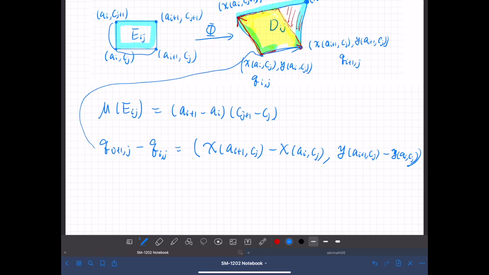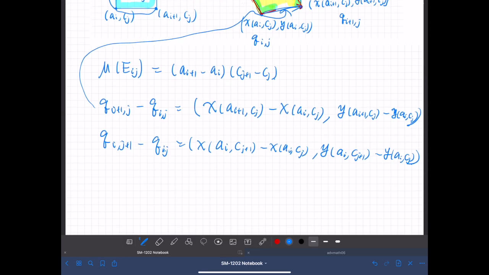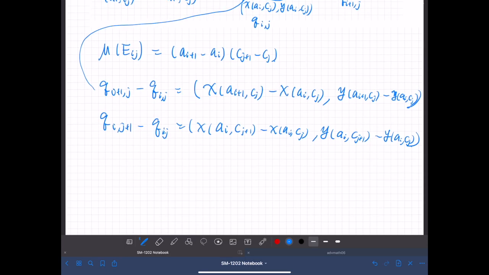This one corresponds to this vector. And qi j plus 1 minus qij is x(ai, cj plus 1) minus x(ai, cj) and y(ai, cj plus 1) minus y(ai, cj). Okay, now